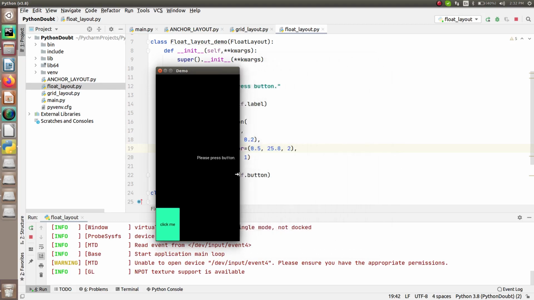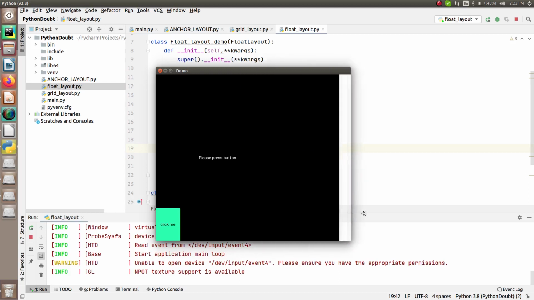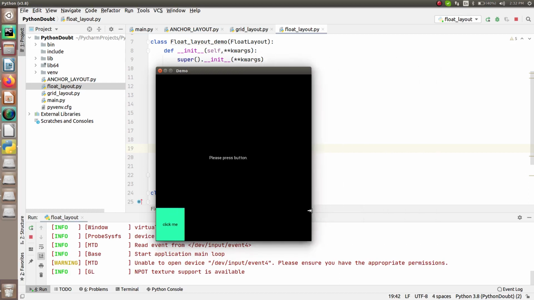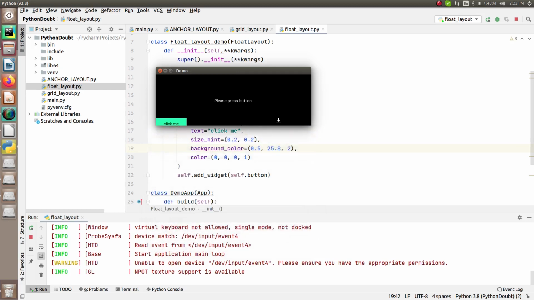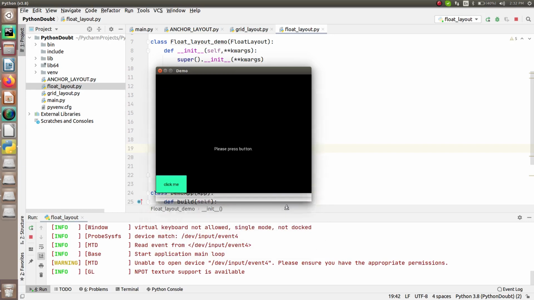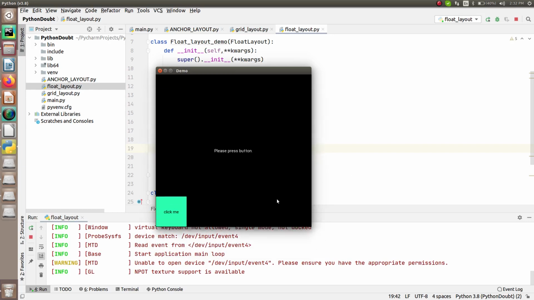Now let's see, if I reduce the size, accordingly you can see the size of your button is also reducing as per the x-axis, because I have resized it with respect to the x-axis, right? So this is what I'm doing. Similarly if I do it for the y-axis, accordingly you can see the size along the y-axis is also changing, right? So this is how you can see the changes over here. So this is 20% with respect to the window size, and 20% with respect to the window size as per the y-axis, right? So this is what I have done.